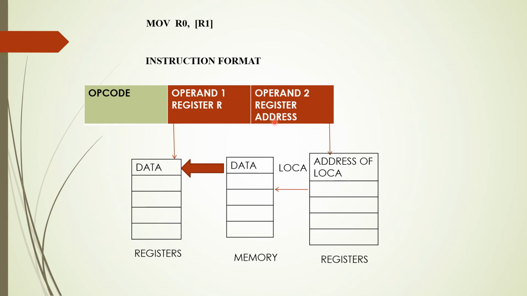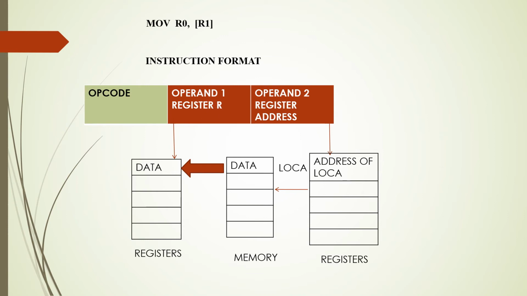Now, operand 1 represents the register and operand 2 represents the address of the memory location. We call it the effective address. With the help of that, the particular memory location is identified and accessed, and from that memory location, the data is transferred to the register whose name has been mentioned as operand 1. So it is very much clear here. Using operand 2, the effective address is identified. From that memory location, the data is transferred to the register mentioned in the operand 1 position.